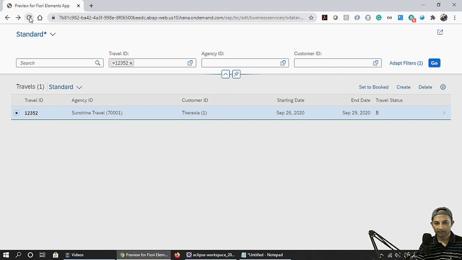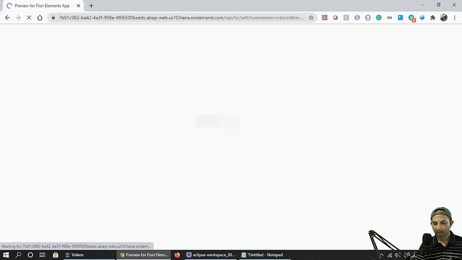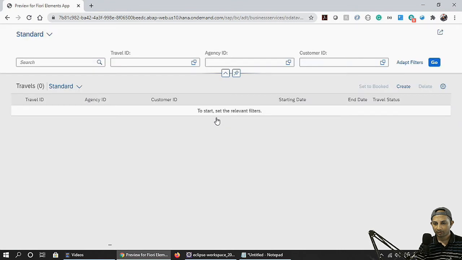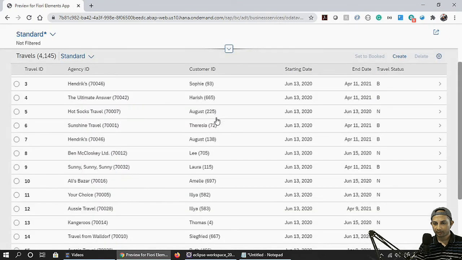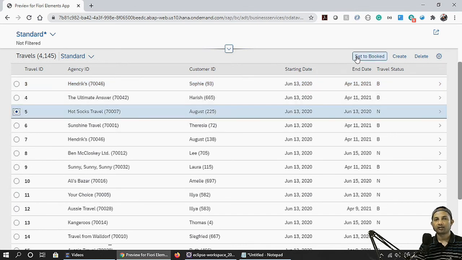So let's first reload the data and see what's, again I'm kicked out, so fine. So now it is disabled by default. Let's select this one. See, still it is disabled. Select this one, now it is enabled. Makes sense, right? Beautiful. If I set it to booked,